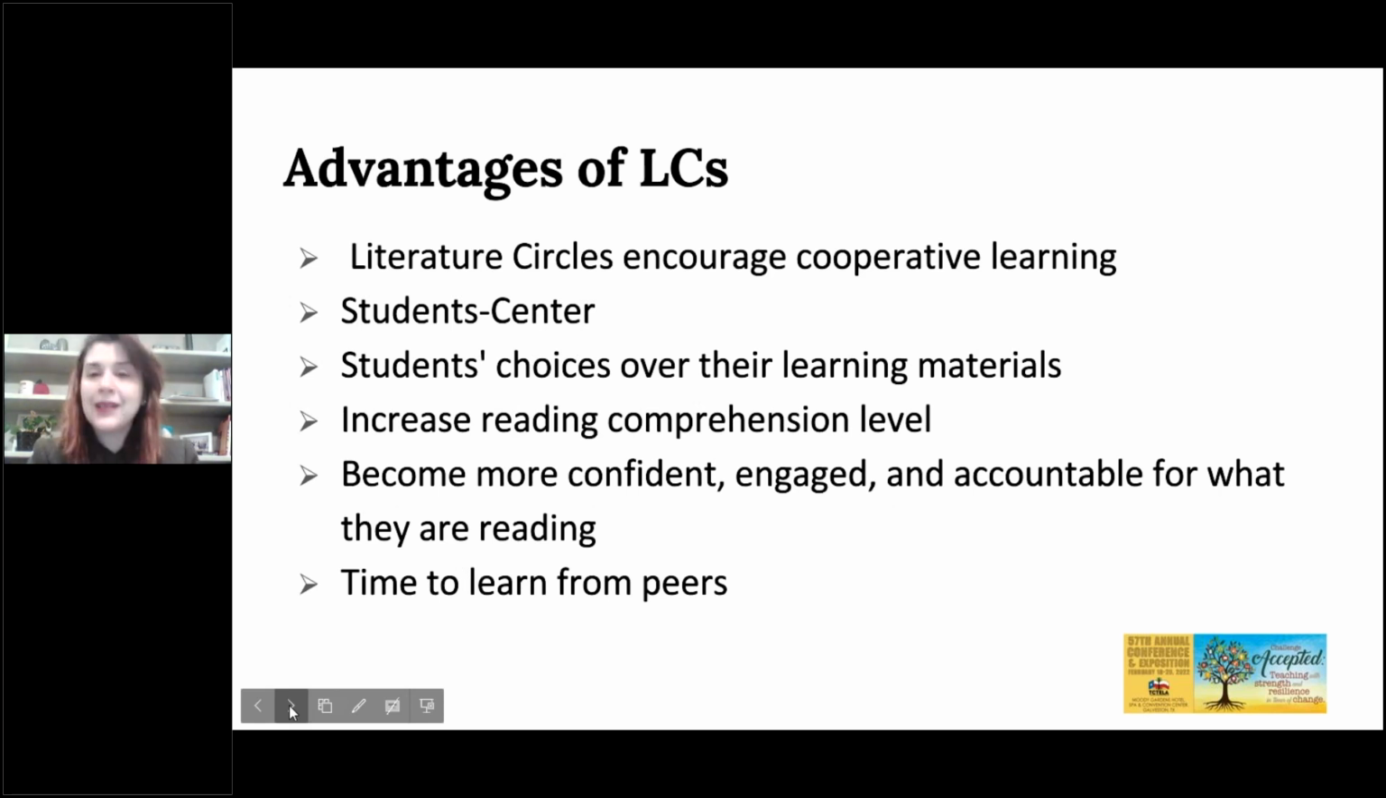Most of the prominent scholars of reading and literacy believe that literature circle encourages cooperative learning. It has several advantages for both language learners and mainstream students, or native English speaking students. It is student-centered, and students have choice over their learning. They can select the book or the type of book that they would like to work on. Literature circle provides opportunities for students